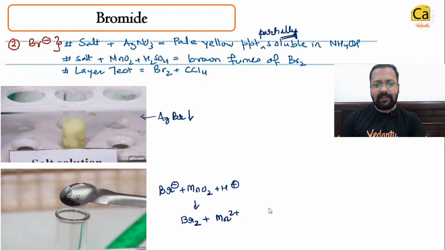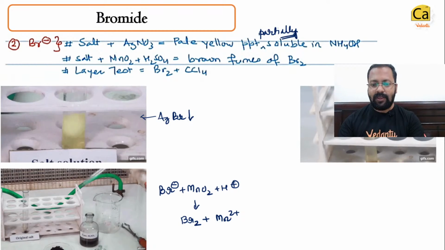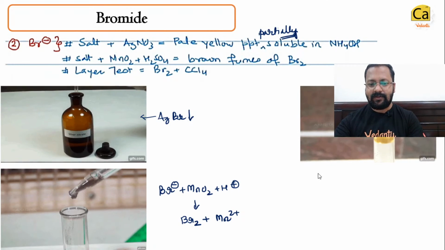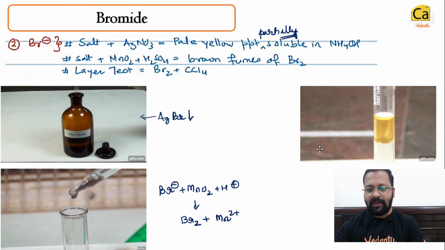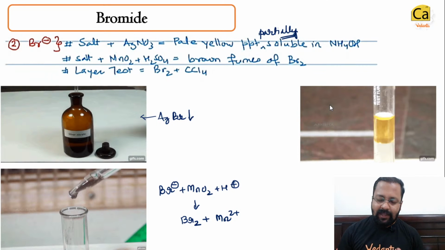And there is a third reaction which is known as the layer test. Layer test होता क्या है? Layer test बहुत interesting चीज है. Layer test में हम करते क्या हैं कि we take a, okay, can you see that there are two different layers that we are able to see over here. So what is layer test? We take a salt solution, and to that salt solution we add